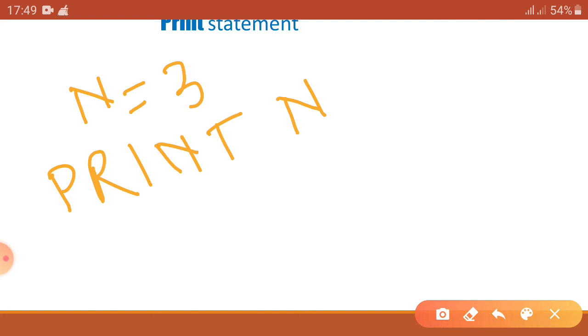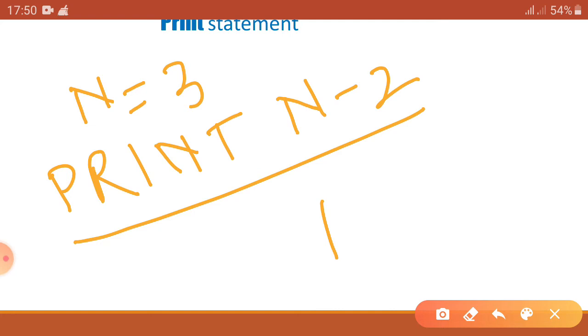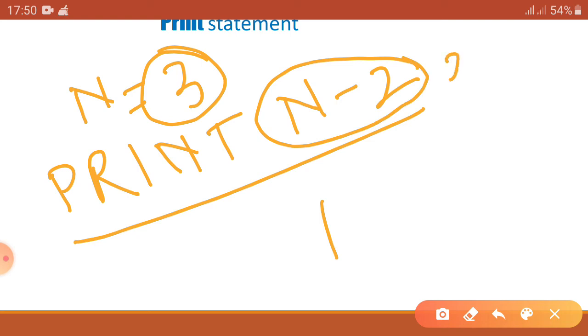Here we don't need to use double quotes because n is a variable. But if I write print n minus 2, on the output screen it will give us the value 1 only. Why? Because the value of n is 3, and print n minus 2 means print 3 minus 2, so that is 1.